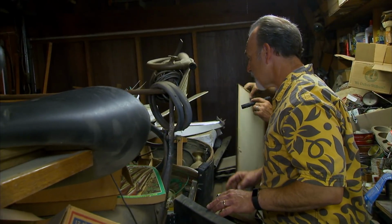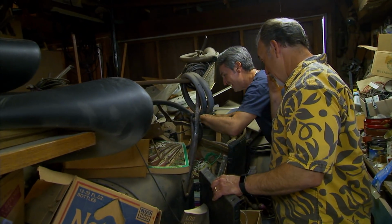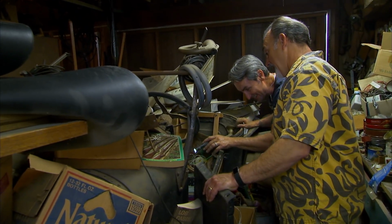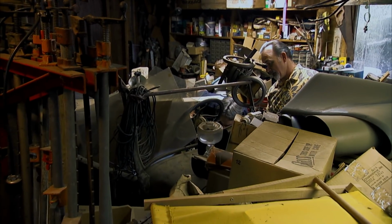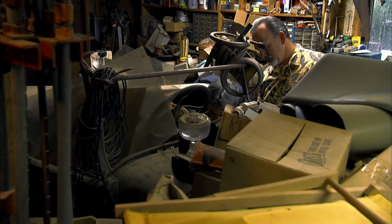Yeah. I actually drove this thing one day. Get out of here. Yeah. How long ago was that? Oh, probably about 35 to 40 years ago. I think I'm the only one in the family who's actually driven. Did he go through the mechanicals on this? Like, is the engine rebuilt? Is there anything that's been...